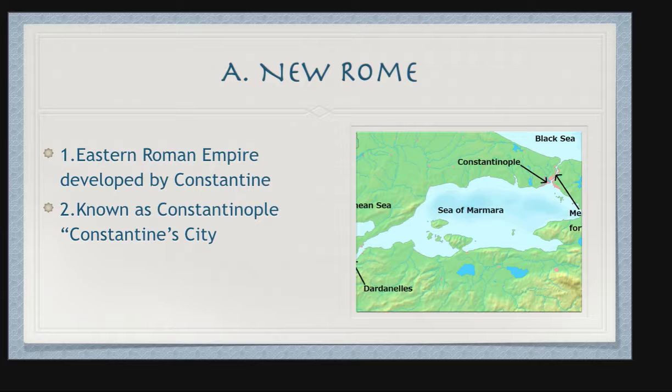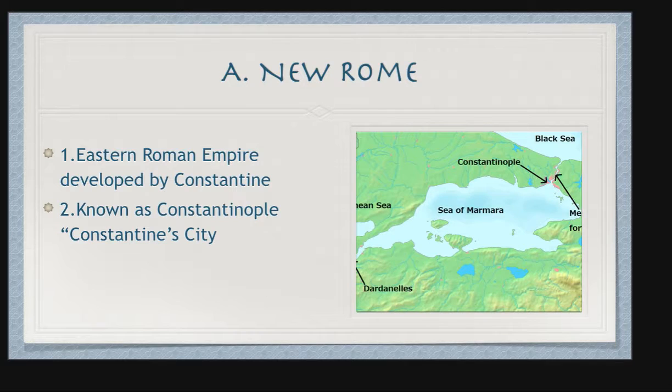This city was dedicated to Constantine in 330 A.D. And we know quite a bit about it. It was an important commercial center because it was right off of the Black Sea, and so many of the items being transported from the Far East heading to the Mediterranean had to go through Constantinople. So people had the opportunity to make a lot of money here. It became a political center, a religious center of the culture, and it becomes the capital of that Eastern Roman Empire.